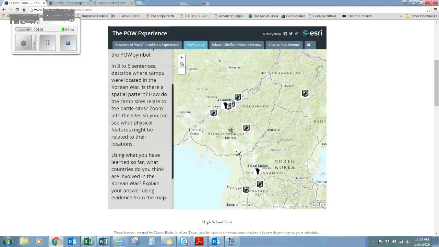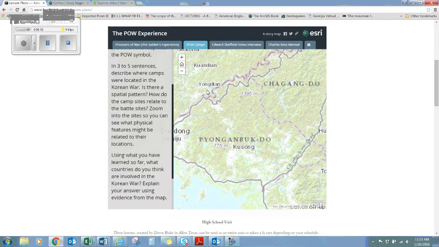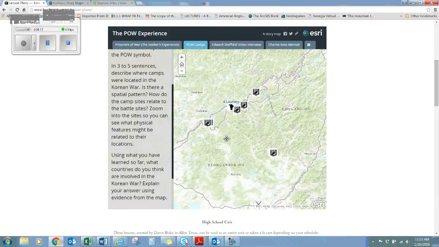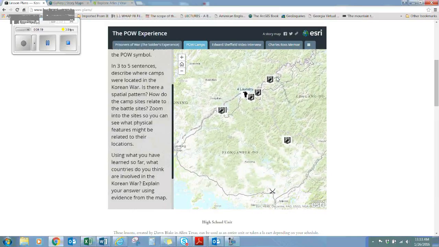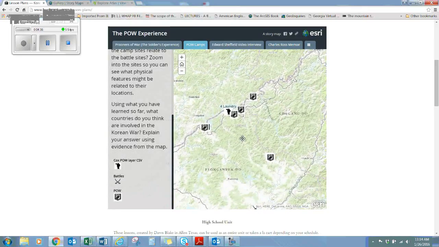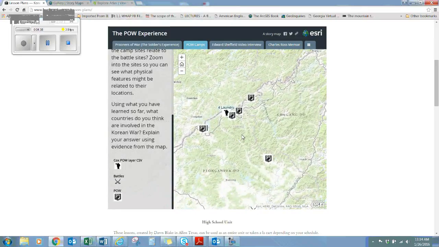And see how we chose this map on purpose because we wanted the kids to see the relationship between where POW camps are located and the physical landscape. We really kind of wanted them to pick up on the fact that they're all up here close to China on the Yalu River. But notice we don't tell them that. We want them to discover that on their own. And you can see here, what countries do you think are involved in the Korean War just based on what you're seeing here? So a lot of depth of knowledge, learning on your own, thinking it through,